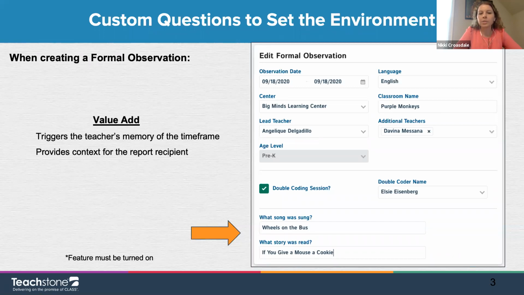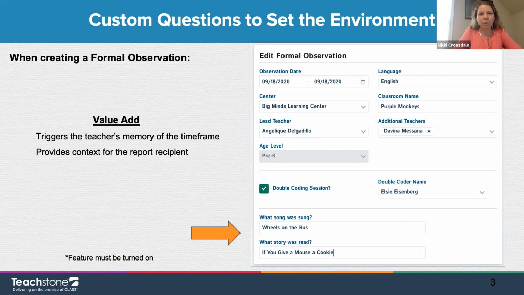And they can select specific custom questions that they would like the observer to answer that will serve the goal of helping to set the environment of the observation. So you'll see in this example, we've chosen, this sort of fake administrator chose, what song was sung, what story was read. These are particularly helpful for early childhood settings.